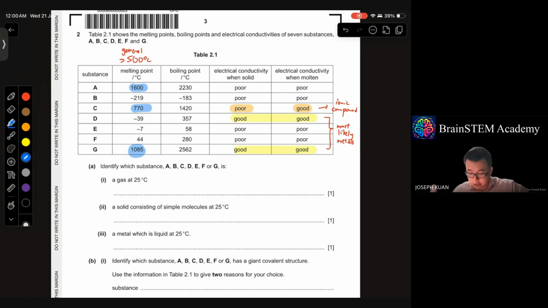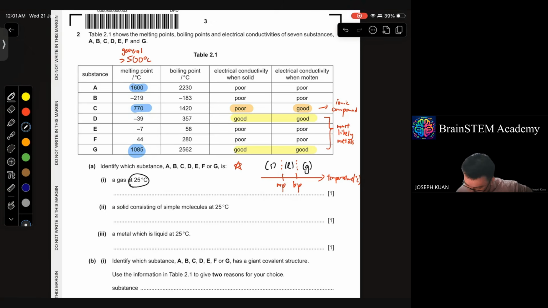Of course, it's not absolute, okay? We have to just look at the question and answer accordingly. Okay, so first thing first, you must know the state of substance at particular temperatures. Okay, so the general rule is like this. Okay, allow me to draw a temperature number line. Okay, general principle. If the temperature is located below the melting point, the substance exists as a solid. If it's located between the melting point and boiling point, the substance will be a liquid. And if the temperature is above the boiling point, it will be a gas. Okay, so using this information,